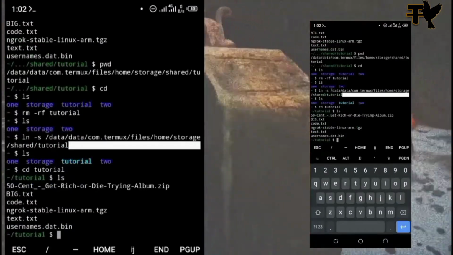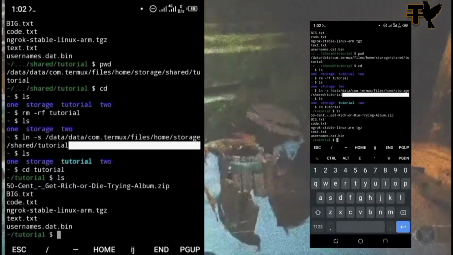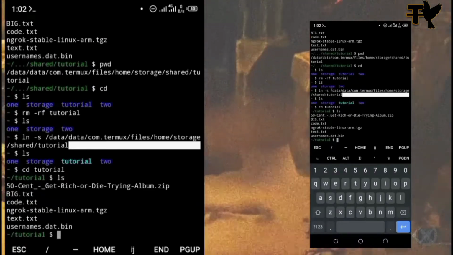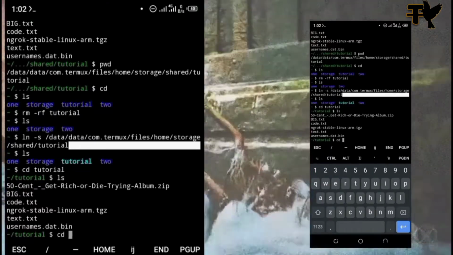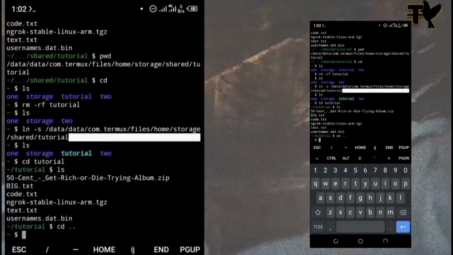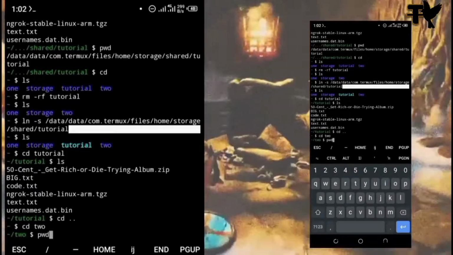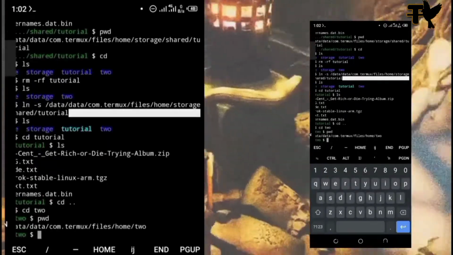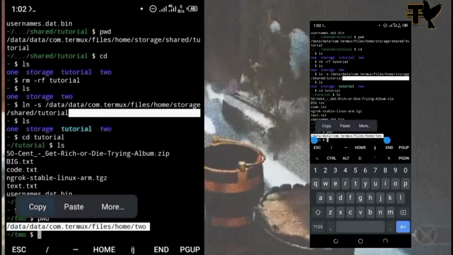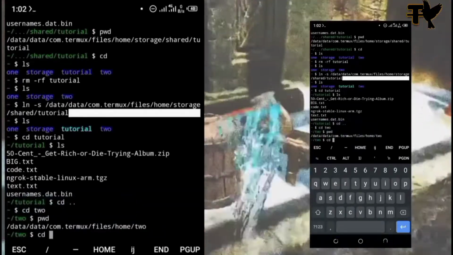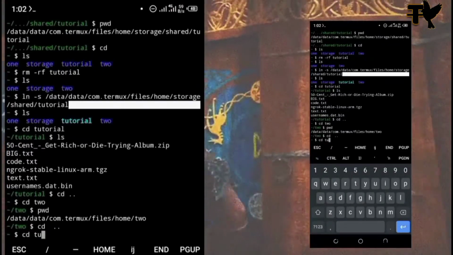ls, and now what I want to do is I want to move this code.txt file from our tutorial folder to this folder 2. Alright, so what I'm going to do, let me type the cd dot command, and I want to cd into 2, and I want to print the working directory of folder 2. So this is the working directory of folder 2. Alright, and I'm going to copy it. So after copying the working directory of folder 2, I'm just going to go back to our tutorial folder. Alright, cd tutorial,